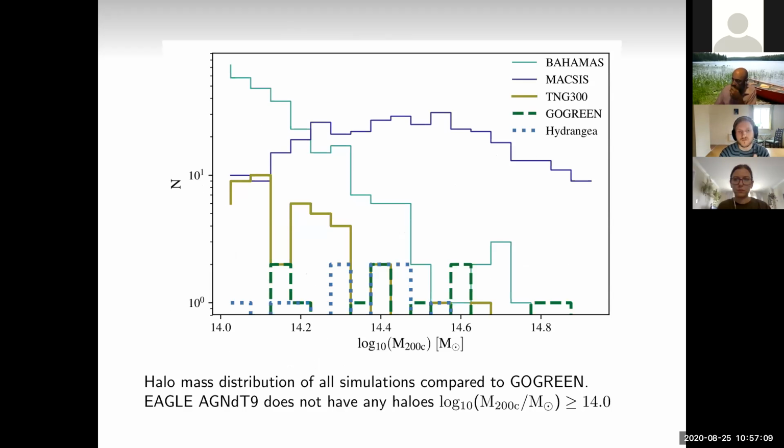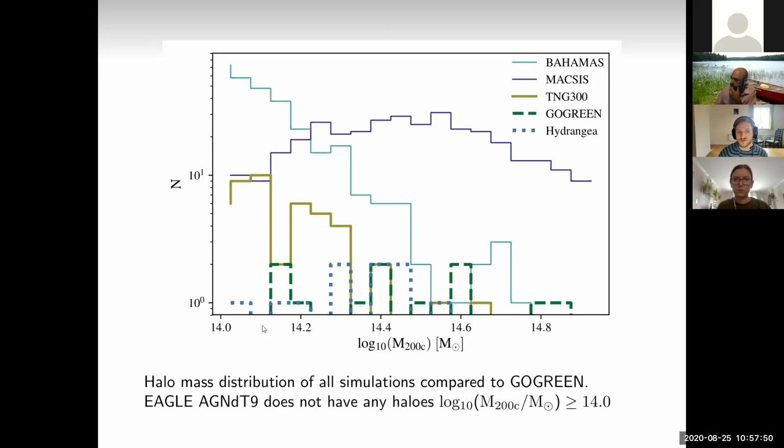Right, so these are the sort of halo mass distributions that you get from them if you look at Go Green. Now I should say, I only use what I call the clusters in Go Green. So I truncate everything to 10^14 solar masses in halo mass, or M200. This is to compare more to Remco's work that was being done, and also on the low mass end you start running into resolution limits in the case of Bahamas, and you need to make a choice somewhere. So I chose this limit, and so in Go Green there are 11 clusters of this mass, and they're quite